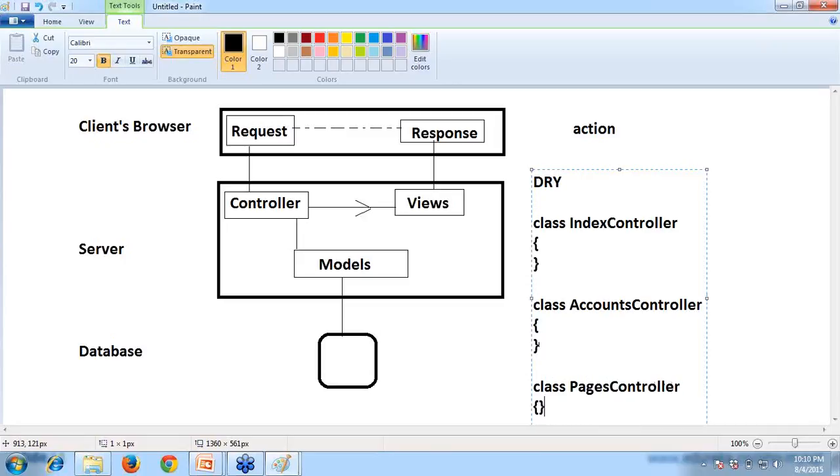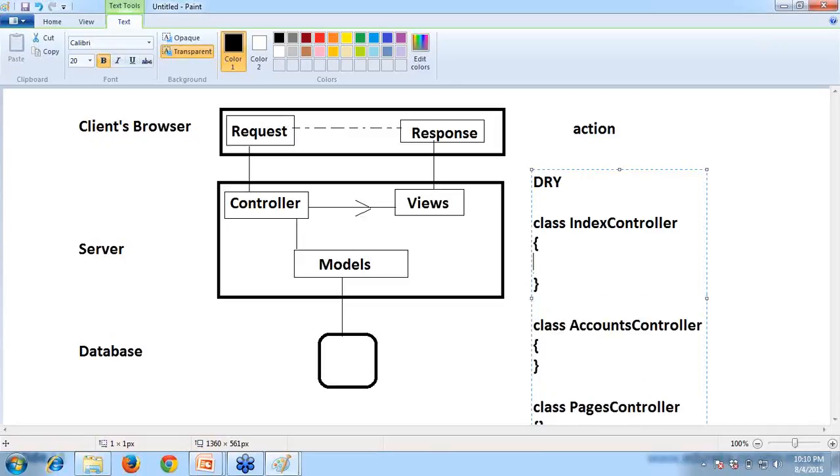These are all child classes of something. Some of the code you write in these controllers may be the same, so don't write this code again and again. If they are extended from some controller, write the code in the super class in one place and access it from there. Don't repeat the code.